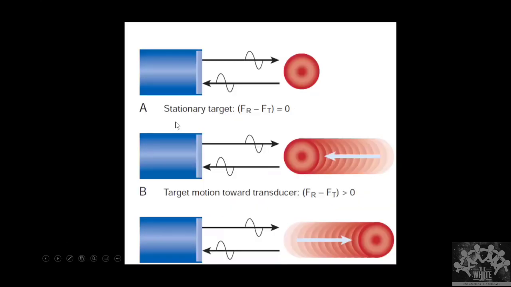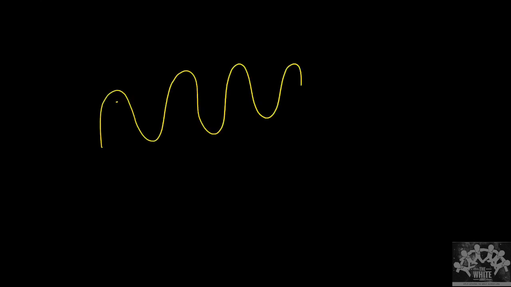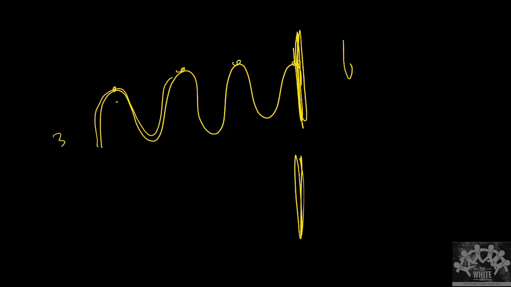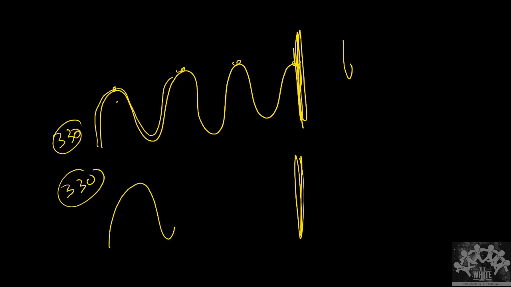Okay. So first thing, I'll tell you some principles about the Doppler. The Doppler principle is based on the regular Doppler principle that we use in physics. What does this principle tell us? It tells us that there is a wave, and the number of troughs that pass per second is called the frequency. Now the sound wave is moving at a particular speed, imagine 330 meters per second. This is the second wave of the same frequency.